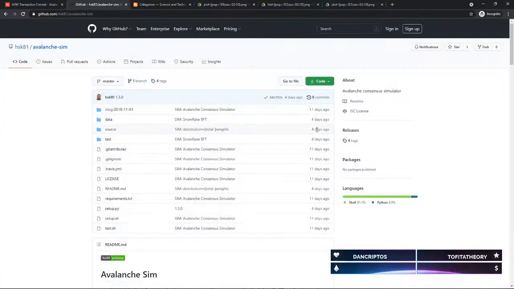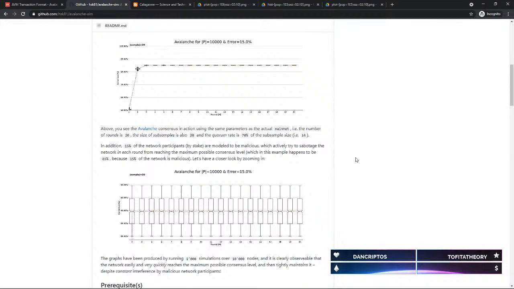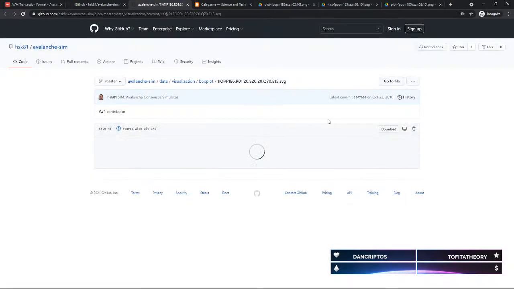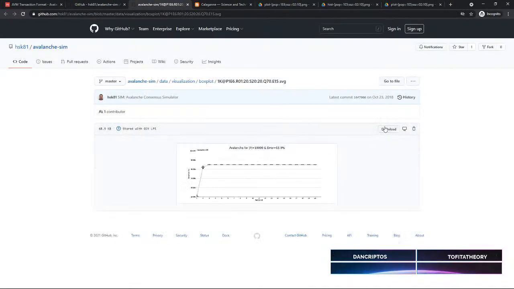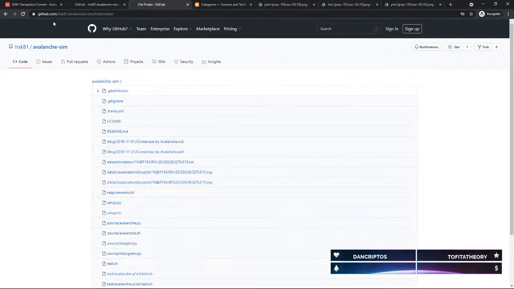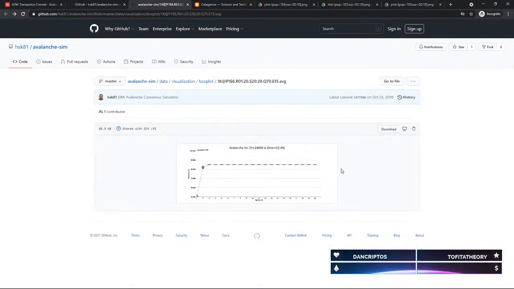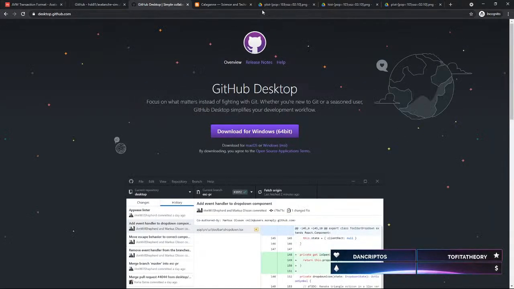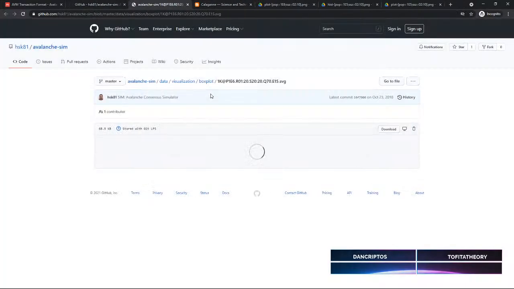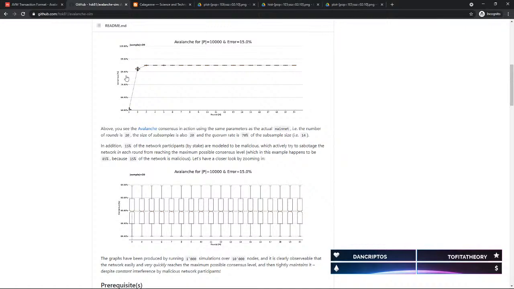When you look at the link I sent you on Avalanche Sim, there you see a simulation with the top one with 20 rounds. And here I have this error model, which is not Byzantine but faulty nodes with 15%. And it's an SVG. Little tiny. You will have problems. Okay. This is fine. You can see it on the actual page itself, I think. Yeah. I can zoom in like this.